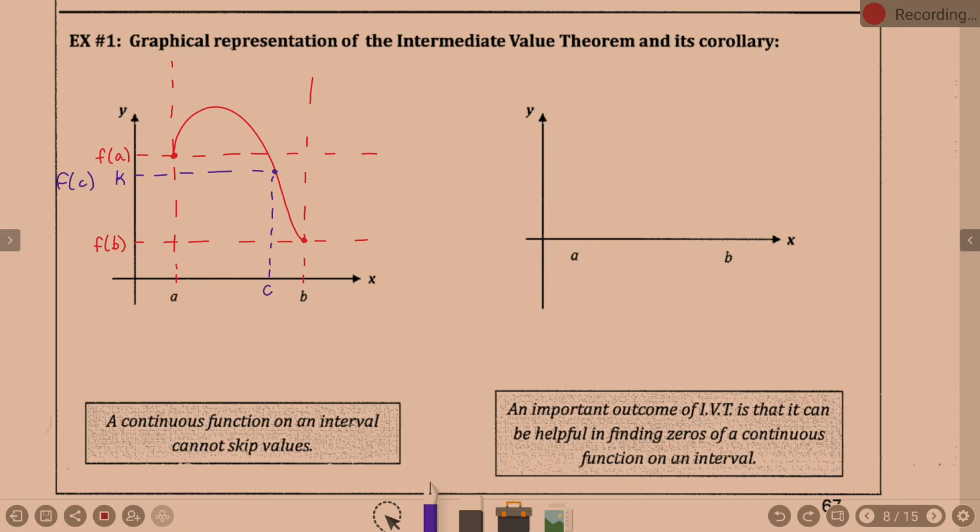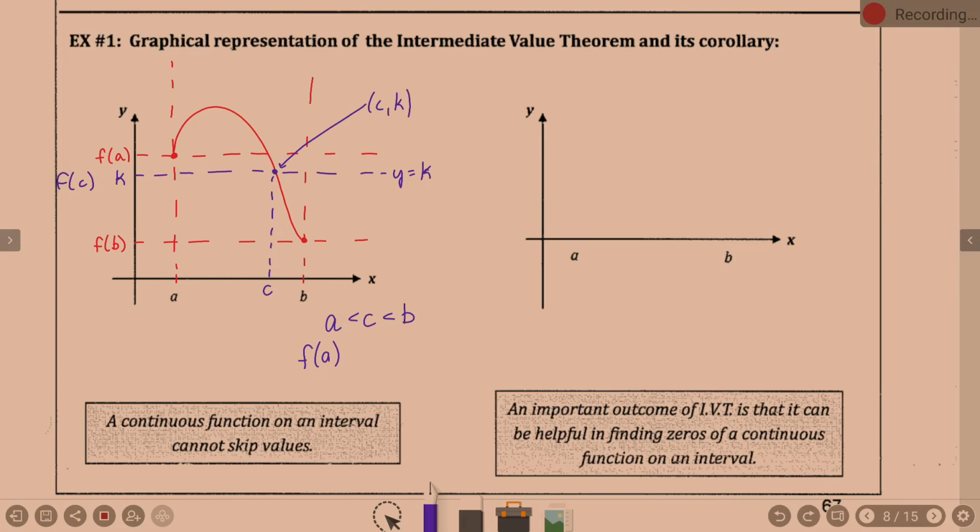Now, a couple of things. This point right here is the ordered pair c comma k. They referred to this line at one point as y equals k, so it could be referred to as y equals k as well. And about the only other thing I can include here is that this c value is between a and b, right? So we can write that as a is less than c is less than b. And at the same breath, we can say that f of a,